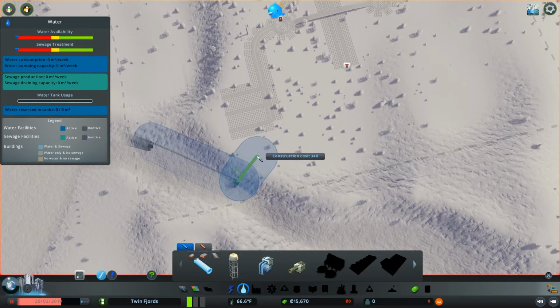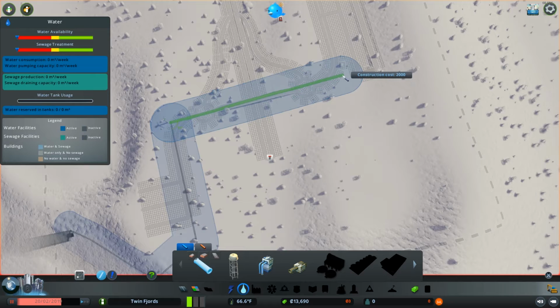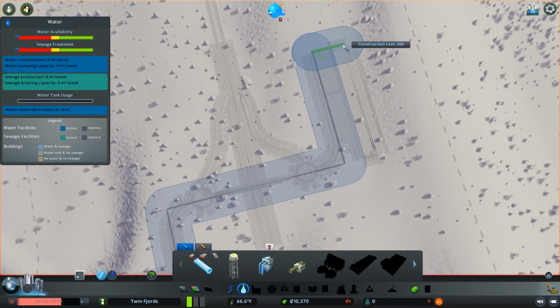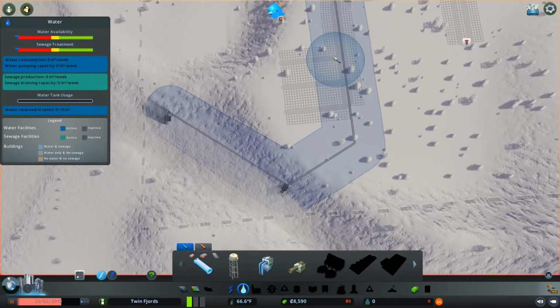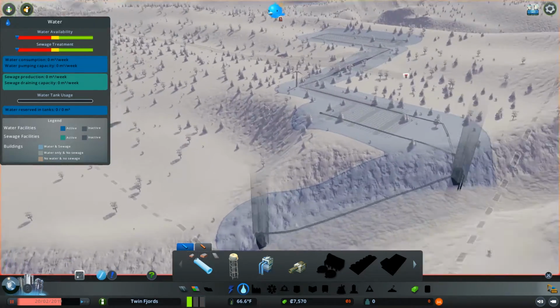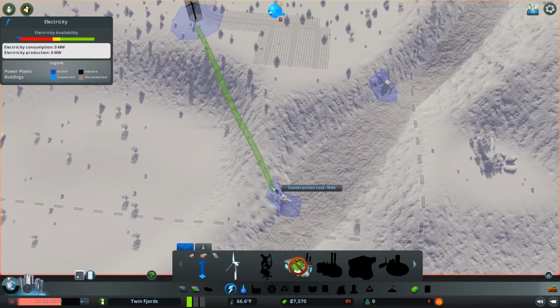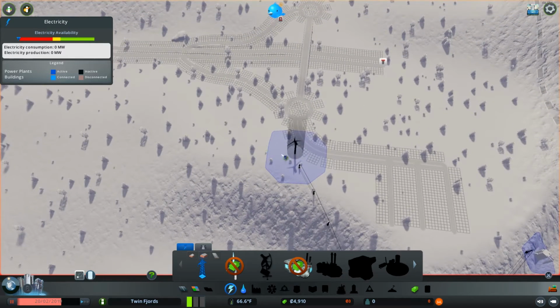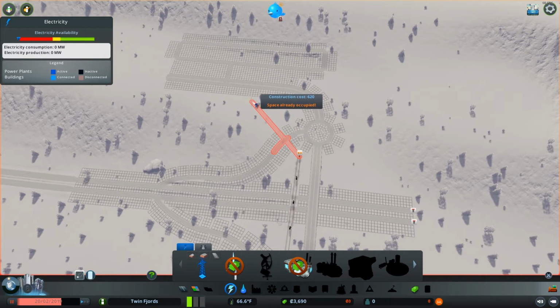Okay. We're going to make some water pipes. There, and here's a little trick. If you go out by 440 cost, that gives you just a perfect amount of overlap. Just a little bit of overlap so you get it for the lowest cost. It's very, very handy. Okay, so we got 7 grand left. That's good because we're going to need it for a little bit of our power situation here. Connect that. Connect that. And then we need to go across the highway and connect up to...